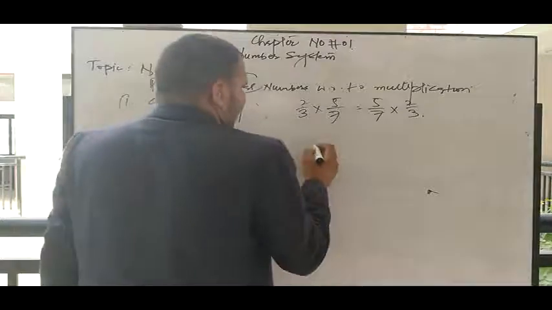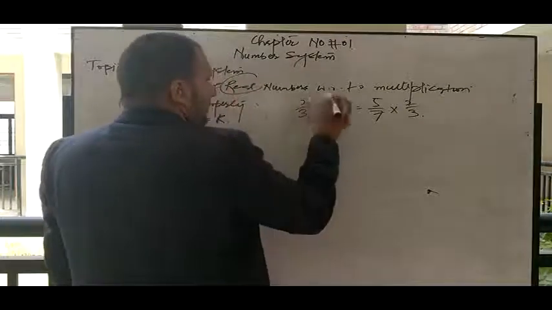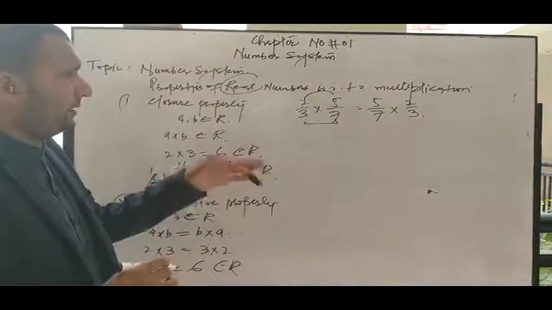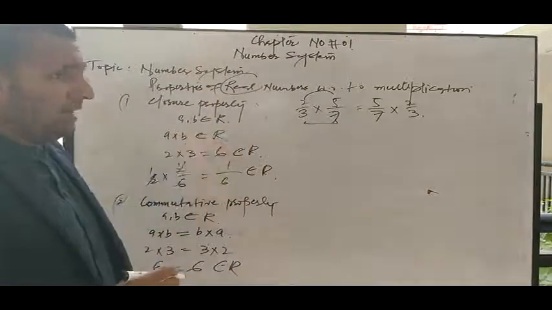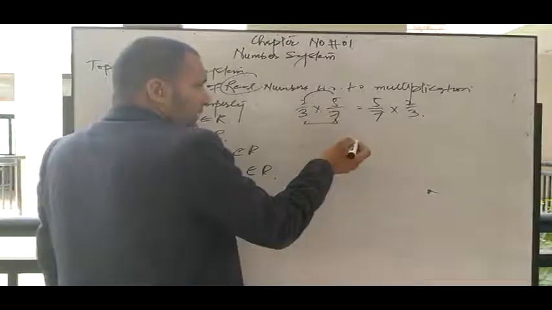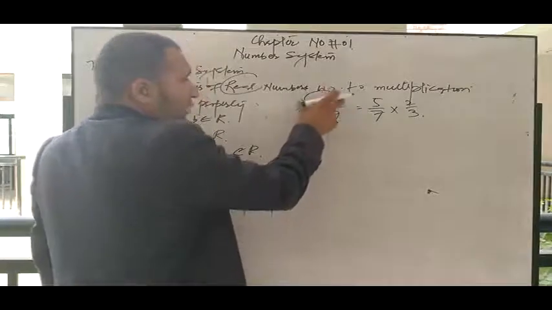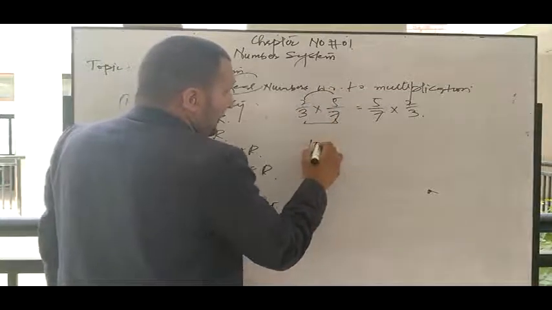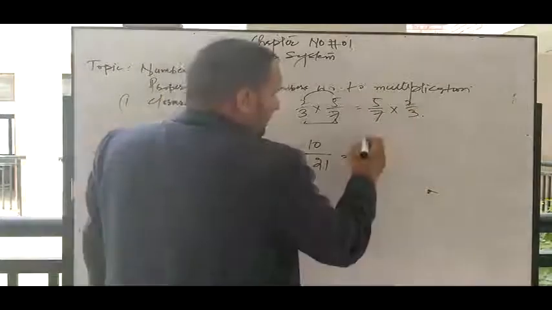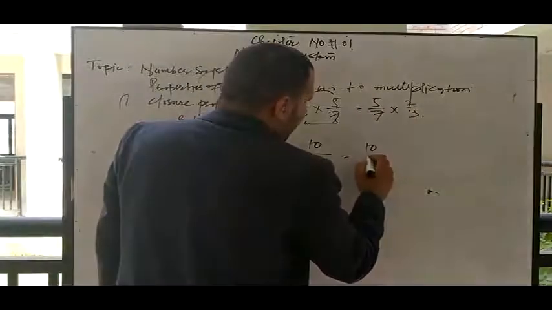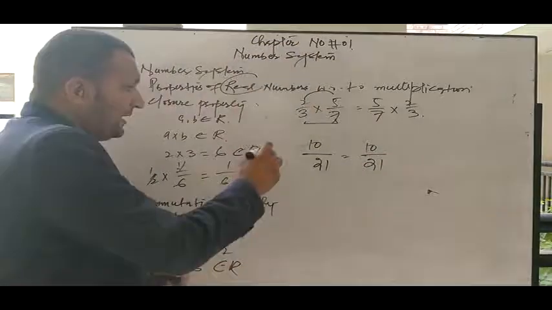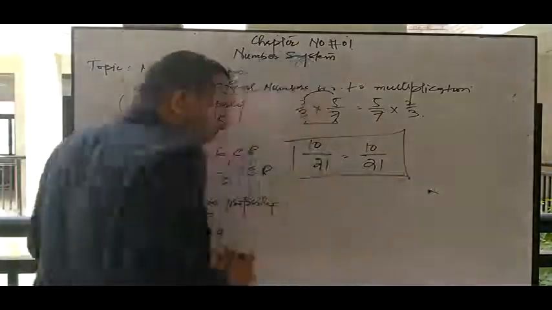Again, first we are taking the LCM, numerator with numerator, denominator with denominator. If we take the divisor condition, then we take again a statement, but there is no divisor condition, because it is numerator with numerator, denominator with denominator side. So numerator, 2 multiply 5 is equal to 10. Again 3 multiply 7 is equal to 21. Again in this condition 2 multiply 5 is equal to 10, and again 3 multiply 7 is 21. Because the answer is same, left hand side is equal to the right hand side.